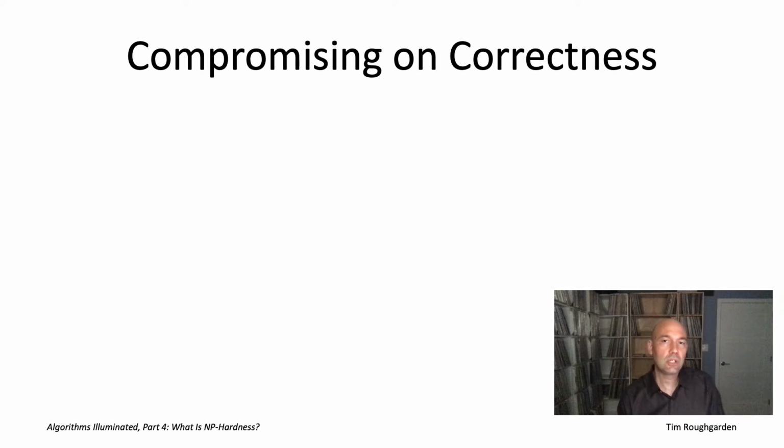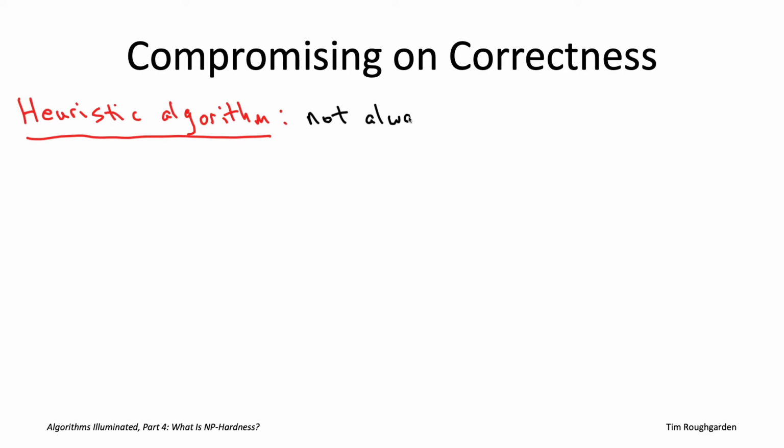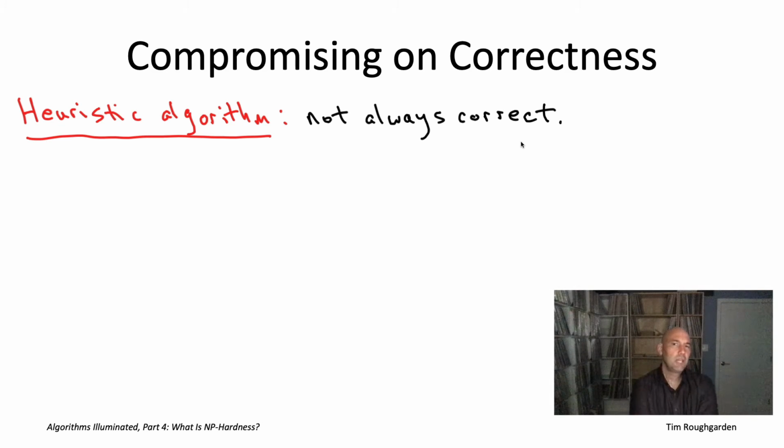This is an especially popular choice in time-critical applications, where you really need your algorithm to be fast, and you're willing to give up a little bit on correctness in order to make it happen. Algorithms of this type, which are not guaranteed to be correct, are often called heuristic algorithms. We have not really seen many examples in this book series of any algorithmic solution that was not guaranteed to be correct. In fact, the only thing I can think of is our discussion of Bloom filters at the end of our data structures discussion at the end of part 2.